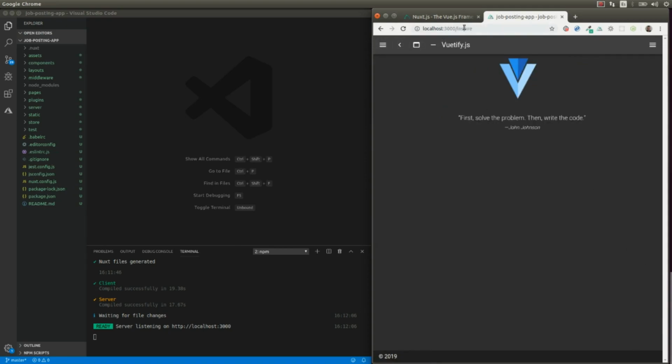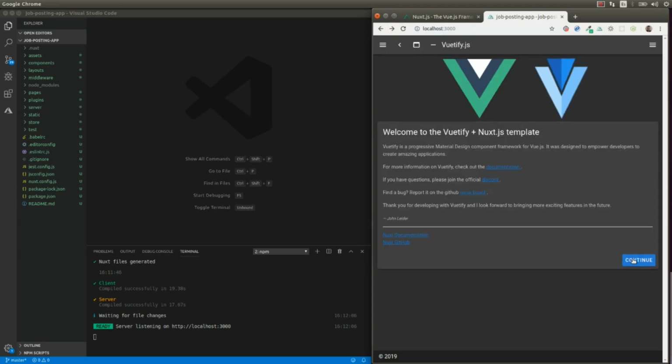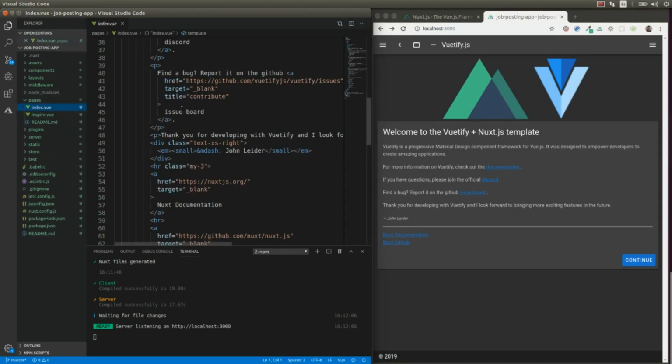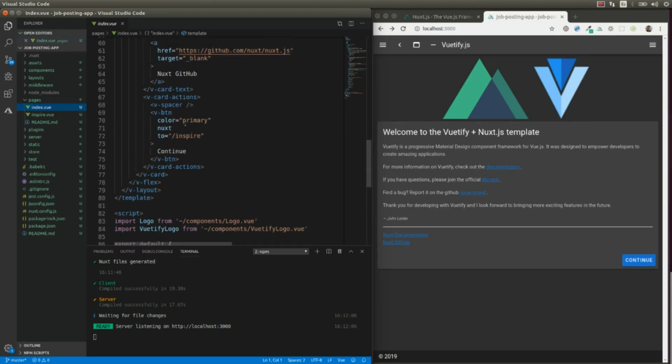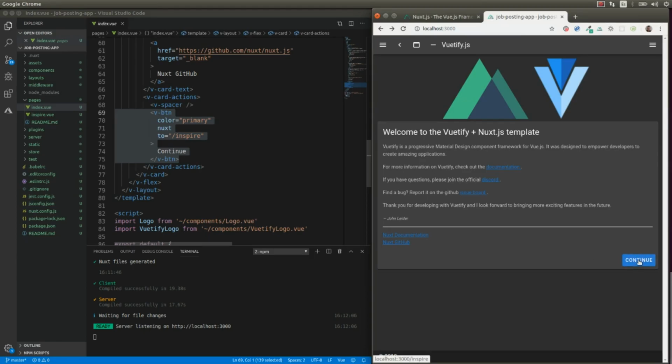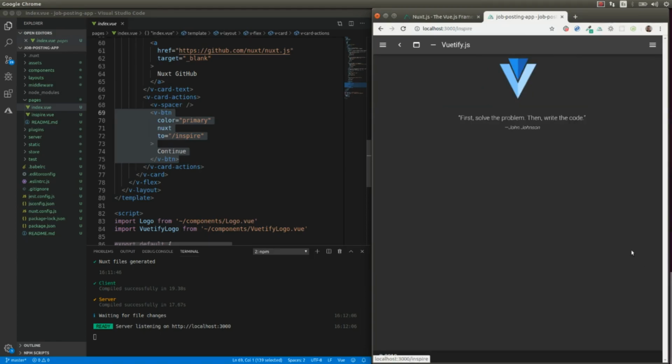As we can see here, it is going to automatically generate the routing across the pages. This is the index page that we can see here, and there is a Nuxt link, I guess, at the end. Yes, here. There is a Nuxt attribute in this button that allows us to navigate across the different pages. This continue button here is going to redirect us to the inspire page that is actually this one within the